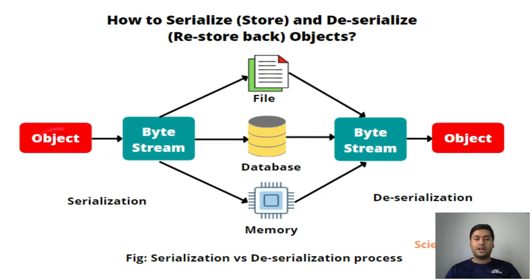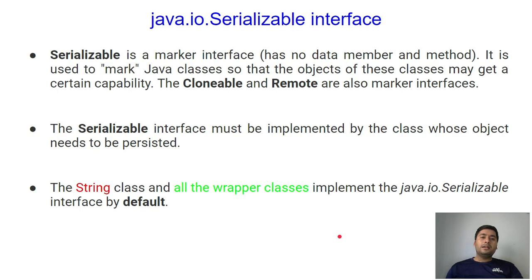So here converting an object into the byte stream, that is called serialization, and here converting a byte stream into the object, that is called deserialization. In simple words you can say. Okay, understood? If you see what is serializable, in java.io the Serializable interface is available, and Serializable is nothing